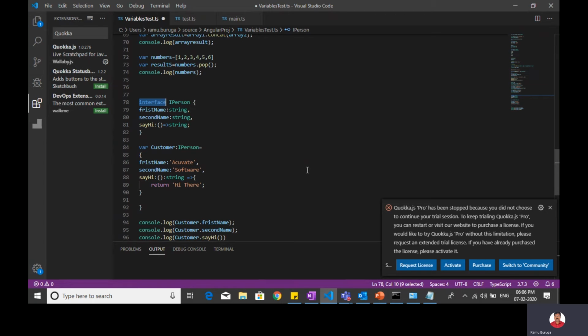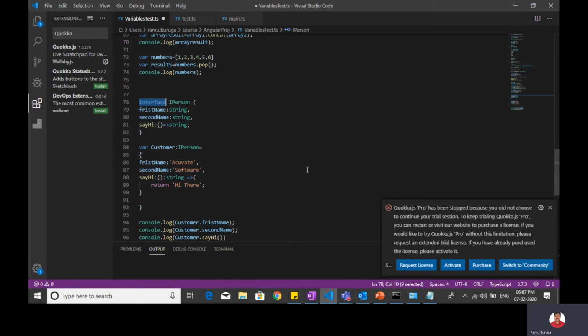But I want you to create your class based on my declaration. You should not create your own. You should create based on my declaration or my commands. Normally a class can have variables and methods, right? I'll declare what variables you have to use, what methods you have to use, and the same you have to implement in the class. So that declaration part, that definition of the object part, is called an interface.